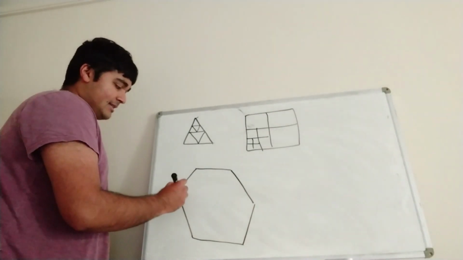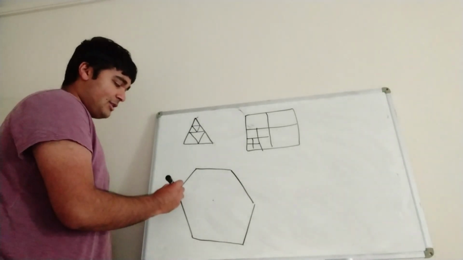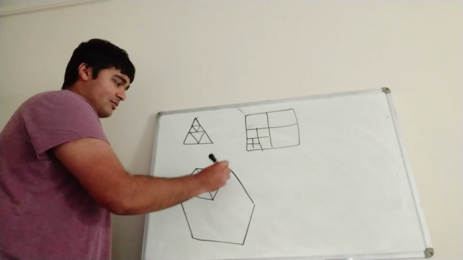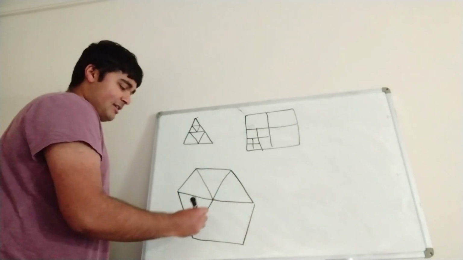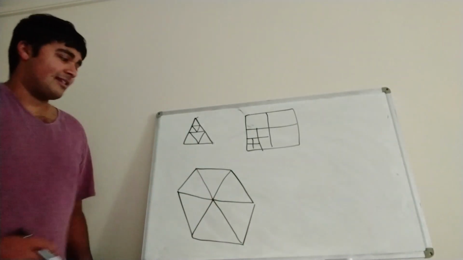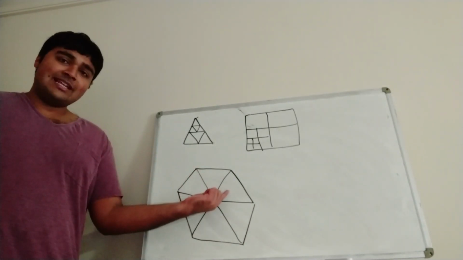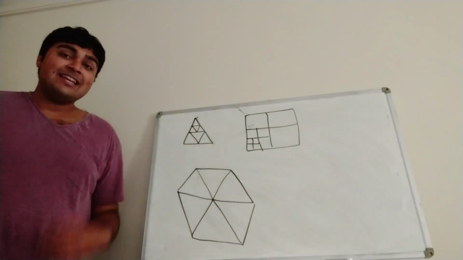Okay, and then what you do is you put your center on, and you're going to make 6 equilateral triangles, so kind of like slices of a pizza, a hexagonal pizza, like so. Okay, and again, once you've got these equilateral triangles, you can then do this thing here and get an arbitrarily